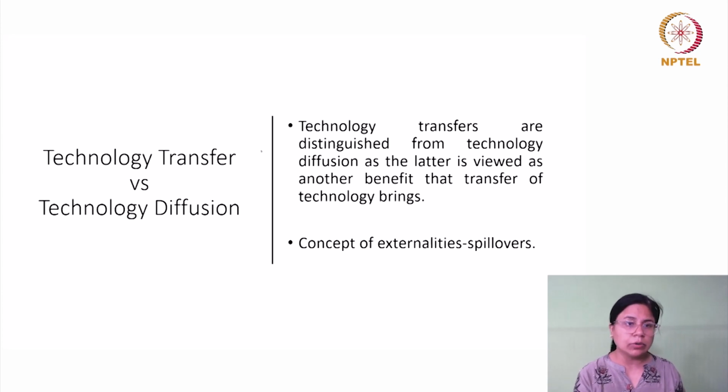So we are talking about technology transfer through these channels of the market mediated one, and technology diffusion is seen as something different from technology transfer, which is effectively an additional benefit that may accrue to an economy from such technology transfer, very closely related to the concept of spillovers. And you will find that in case of spillovers, apart from the technology transfer which happened, there may be other benefit. For example, if the foreign companies are doing something differently, now domestic companies will learn from that.